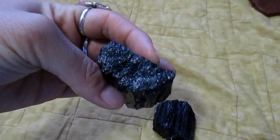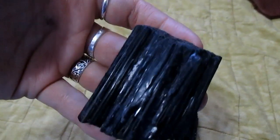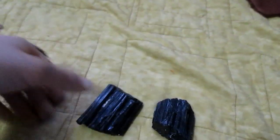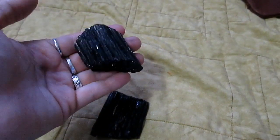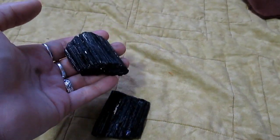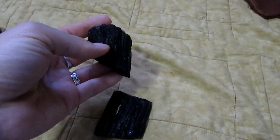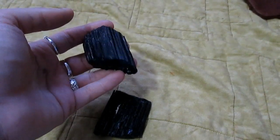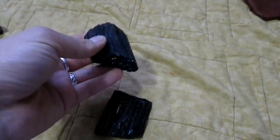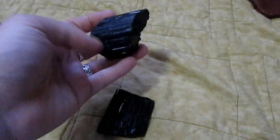But these have such amazing energy, and again, I had that in my ring. I've been trying to work a lot with black tourmaline. It's one of my absolute favorite stones. I had a black tourmaline previously, but when I moved back in January, I lost it. I don't know where it is, and I'm hoping that it's somewhere in one of the boxes in the garage at our apartment, and that when we move to our new house I'm able to find it,